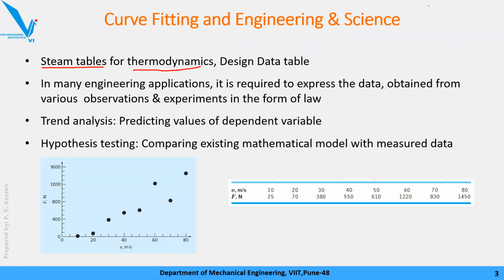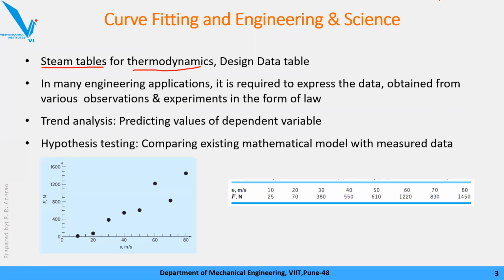Generally, many times students there calculate it by taking y0 minus y1 divided by the slope and so on. That is nothing but a curve fitting part. Also, you might have seen the design data book to find out yield stress and so on. So the bottom line is that as an engineer you many times have experimental data or tabulated data for your observation, or sometimes for your observation there is some kind of law or formula given to you, and all this is nothing but a product of curve fitting and interpolation.